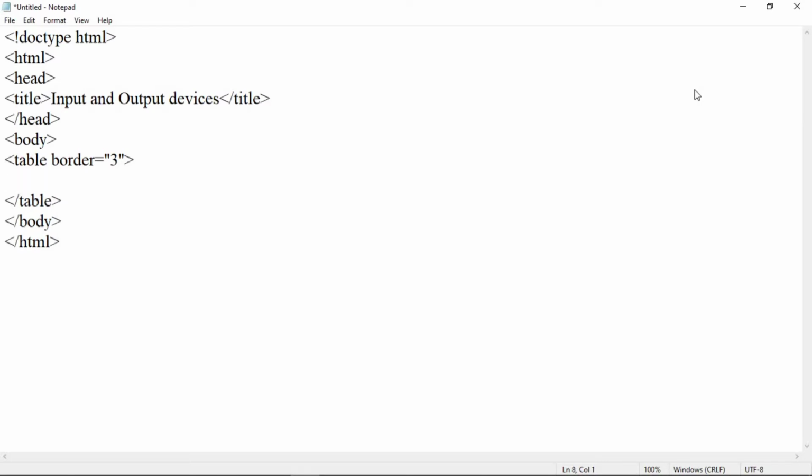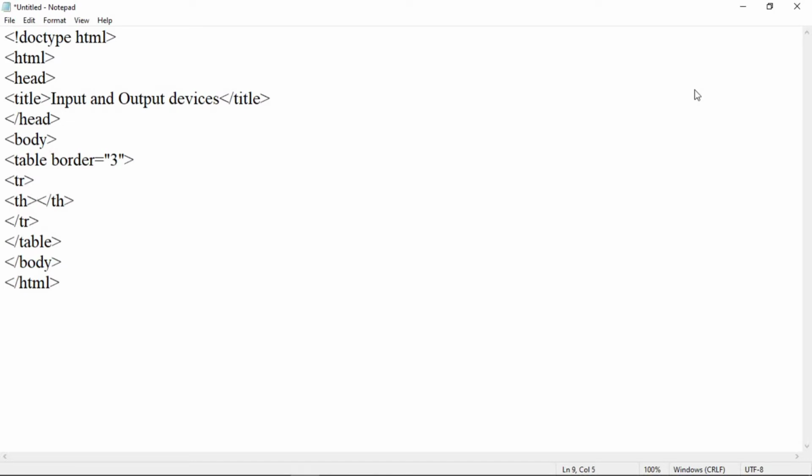So first of all let us add a first row. So to add a first row we have to use which tag? The tag used is tr tag. So tr tag start, then end of tr tag. This is the end of first row. Then within this first row let us add a first column. See, first column is nothing but a heading for that column. So we have to use here th tag. So th, then end of th.